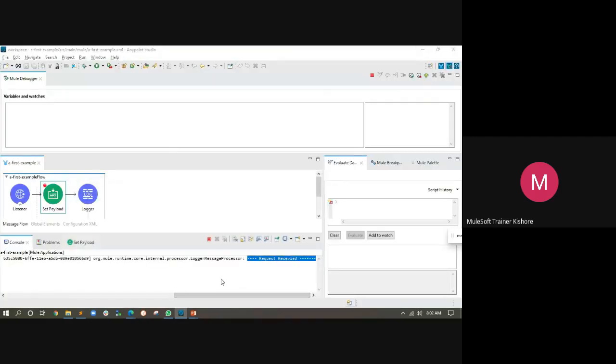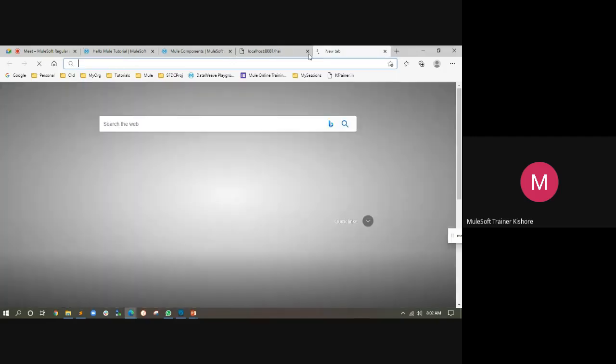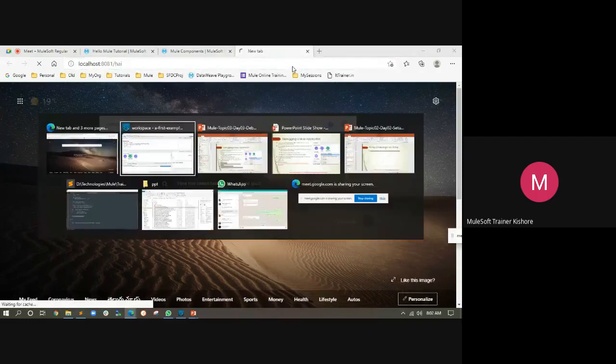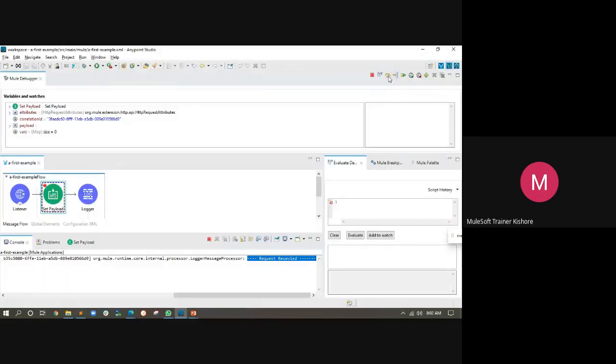So where are you getting this "Hi, welcome to MuleSoft"? In the Mule process, whatever value is there at the end of your application execution will get returned to your browser, to whoever is calling your HTTP listener.